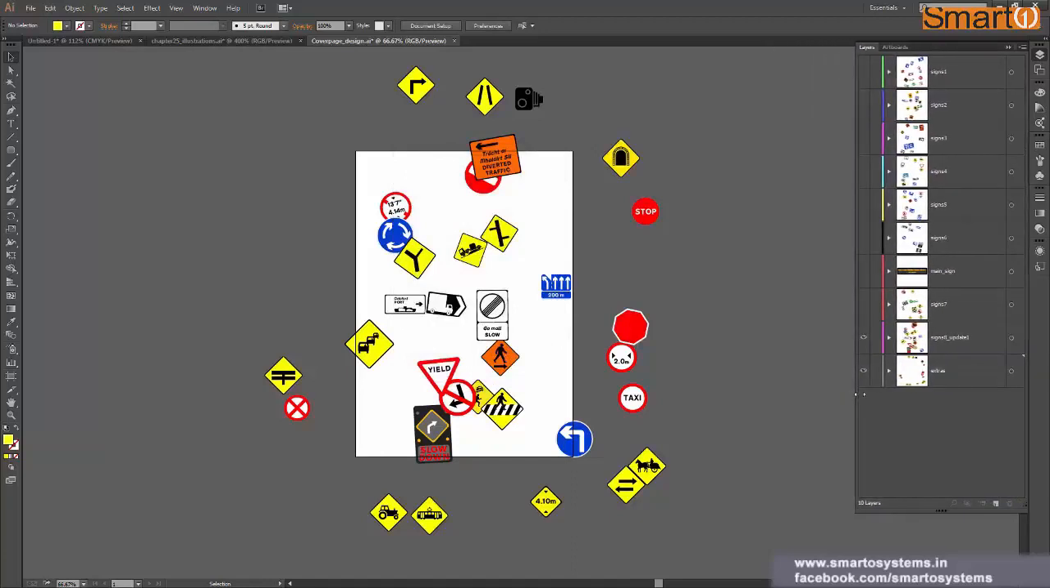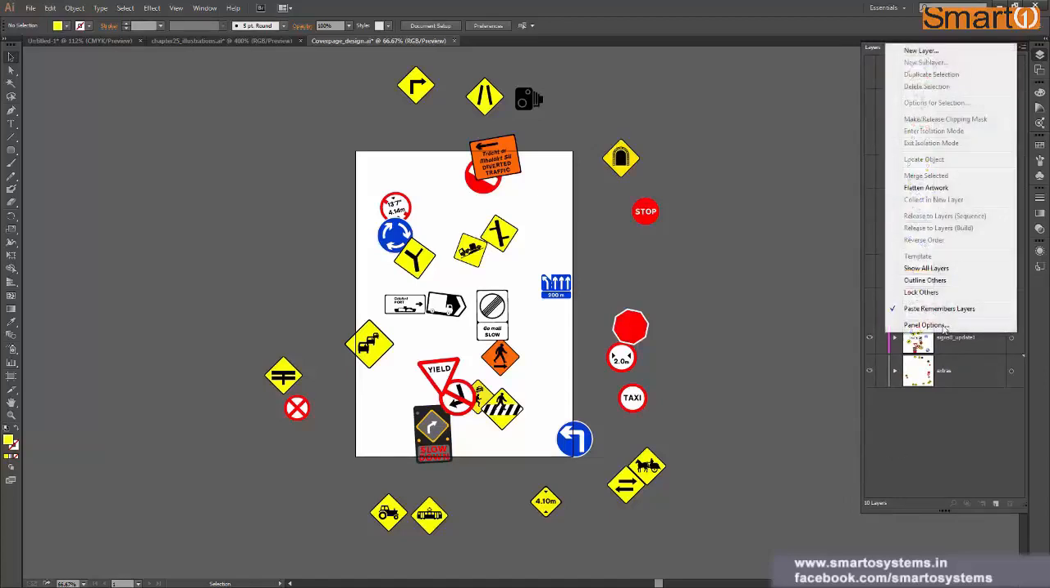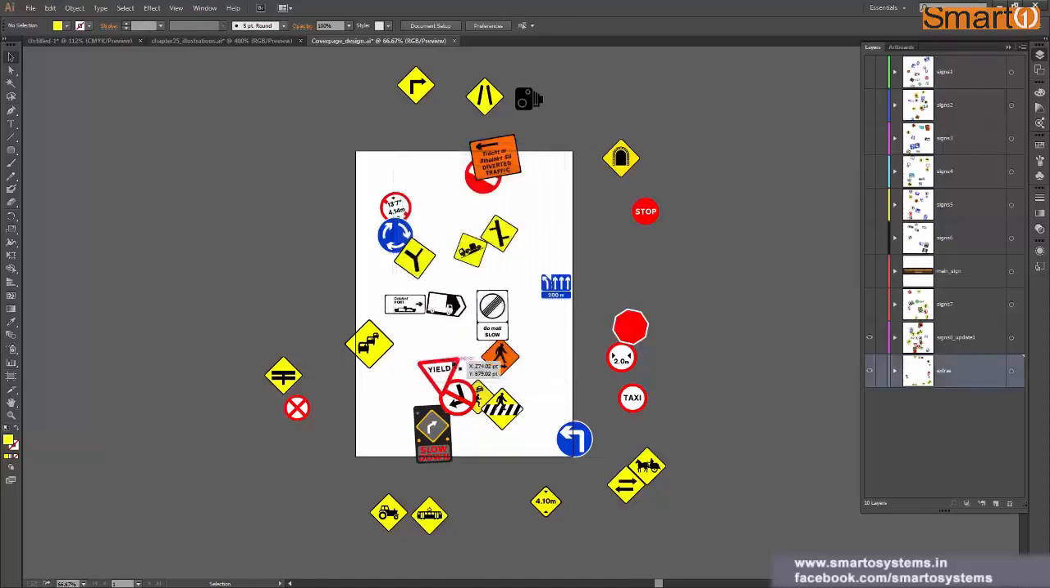Let's scale it a bit, and okay. Now let's go back again to panel options and see what other options we have. Now it says thumbnail. So what all do you want to see in thumbnail? If I uncheck this group and objects and click OK,